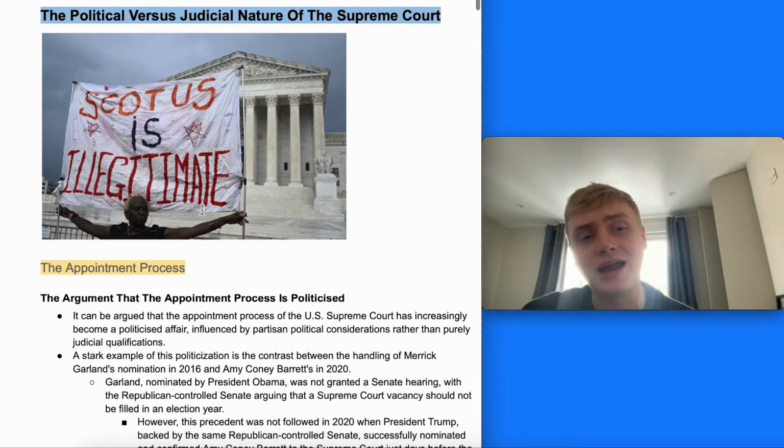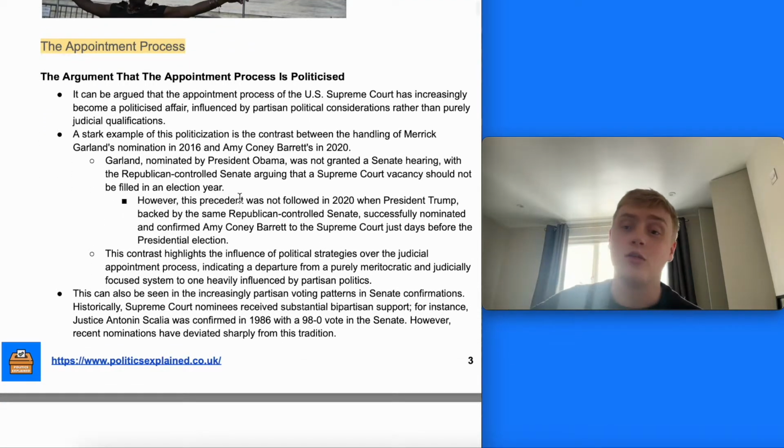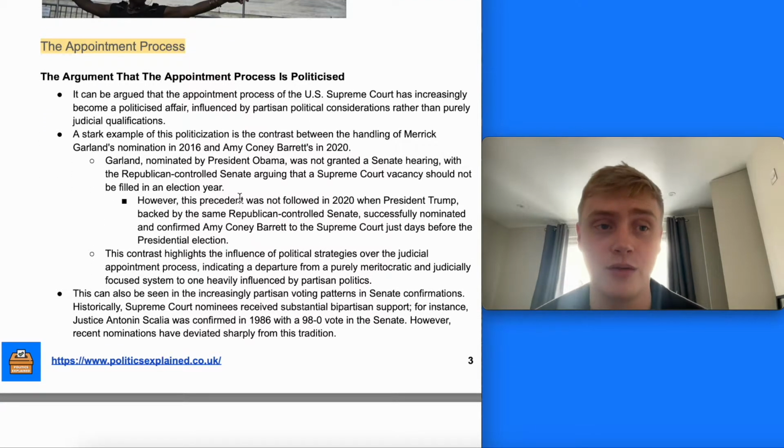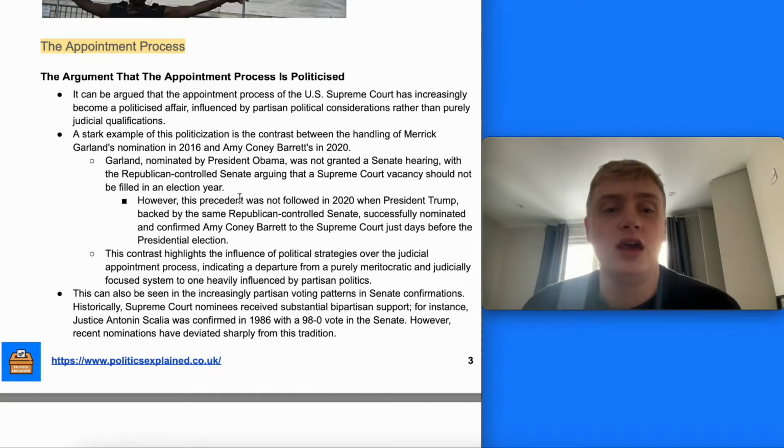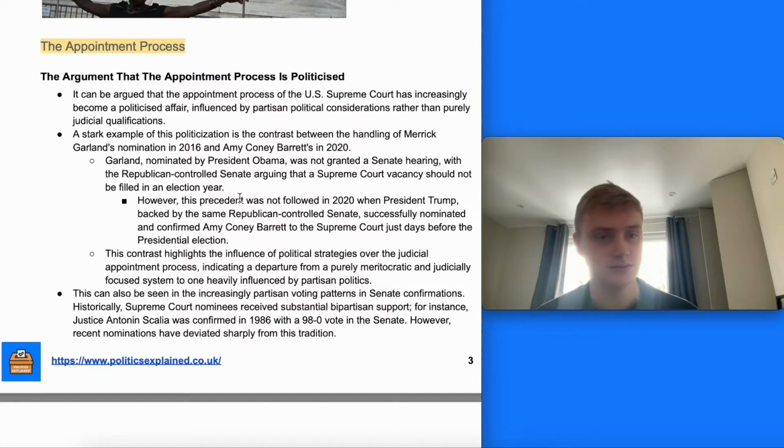And effectively, the way we're going to analyse this is by looking at 3 key topics, and these could be your themes in an essay on this topic. Firstly, looking at the appointment process, which is obviously looked at in a whole video in a lot more detail. But the first argument that the appointment process is politicised is that it's influenced by partisan political considerations rather than purely